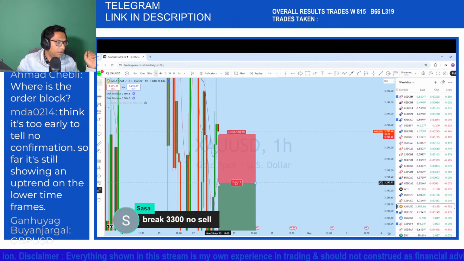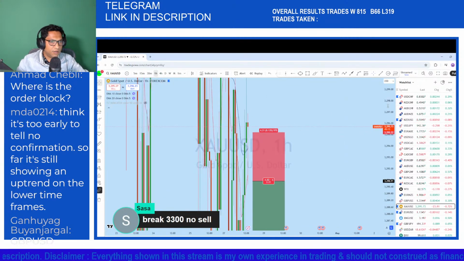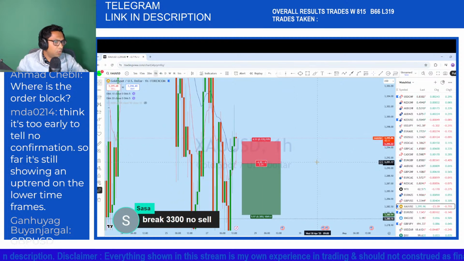Now here in this area, if we look at the 1 hour candle,